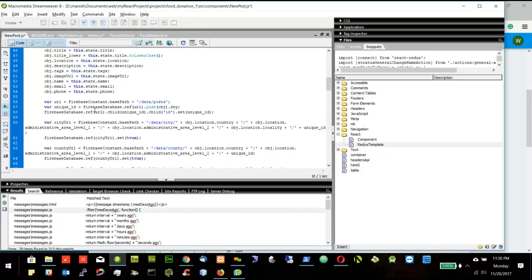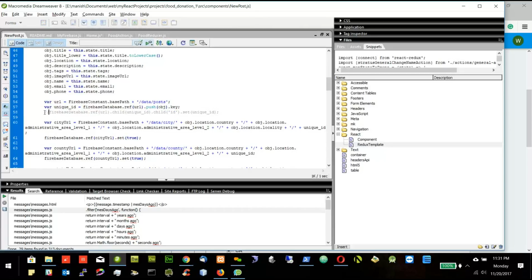So this is the URL, and then I create one child, this already created child unique ID, and then I create one child inside that unique ID, that is ID, and set its value to the unique ID. So this is one way,